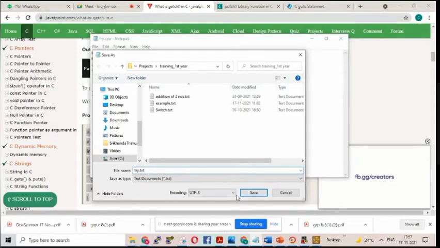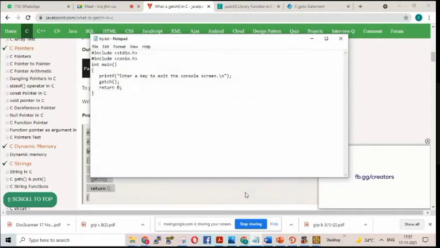So what we did, we have saved this program in 2 names. One is try.txt to keep the text document as it is, and we will be storing the same program in .cpp format. Did you understand? Can any one of you repeat what I told?